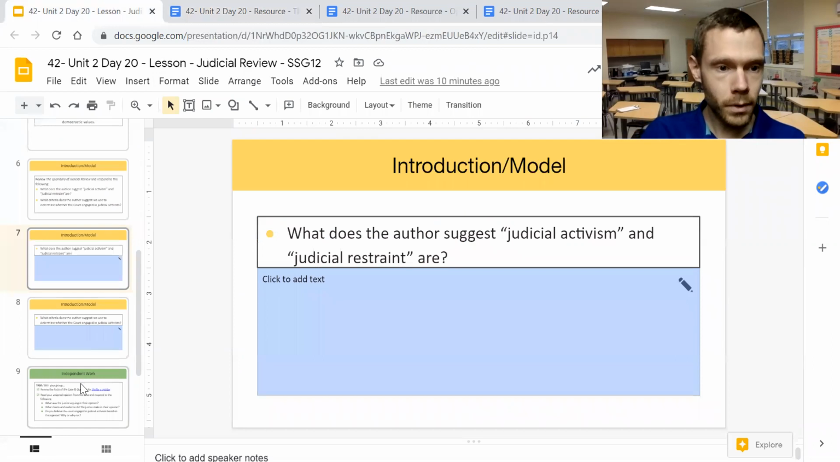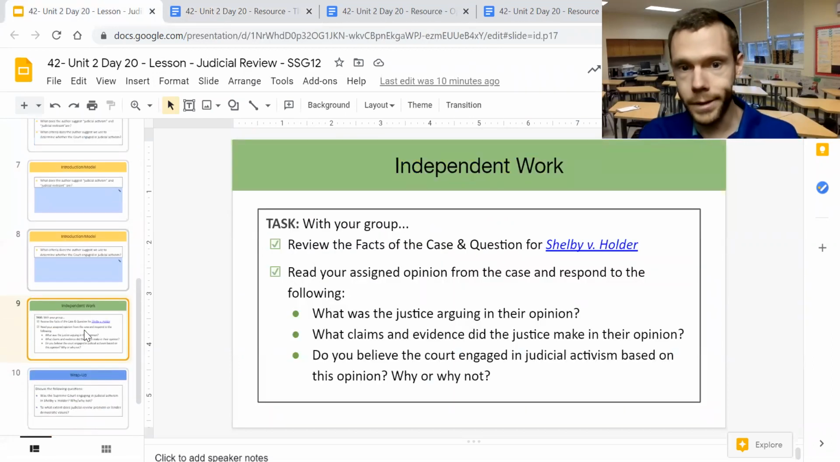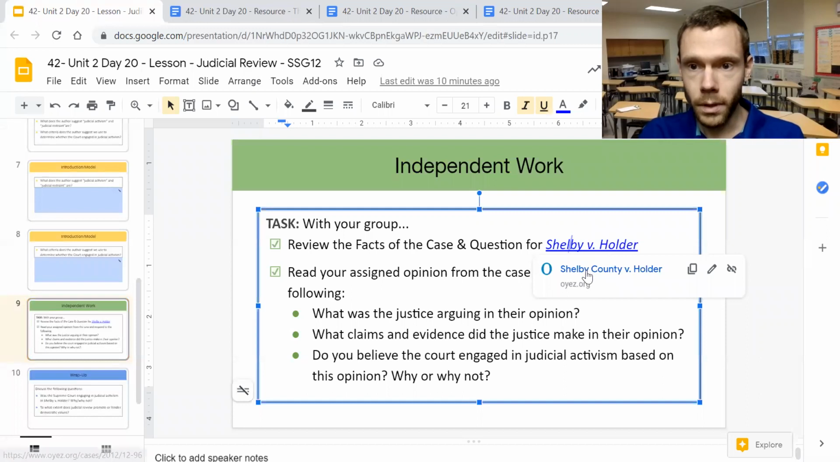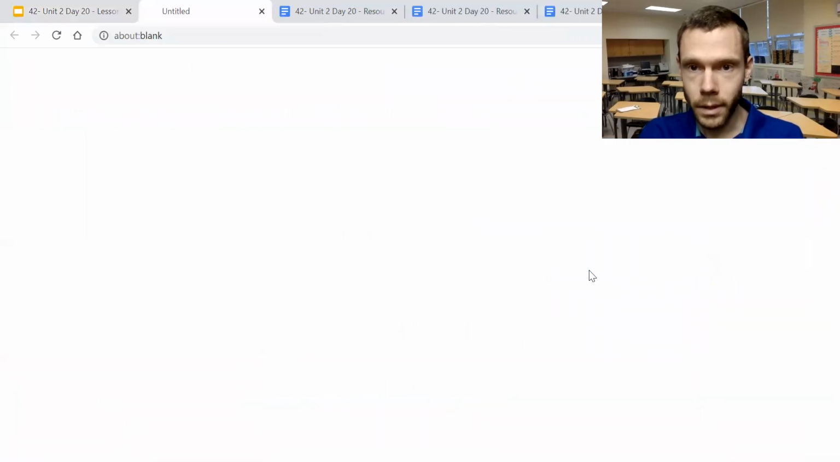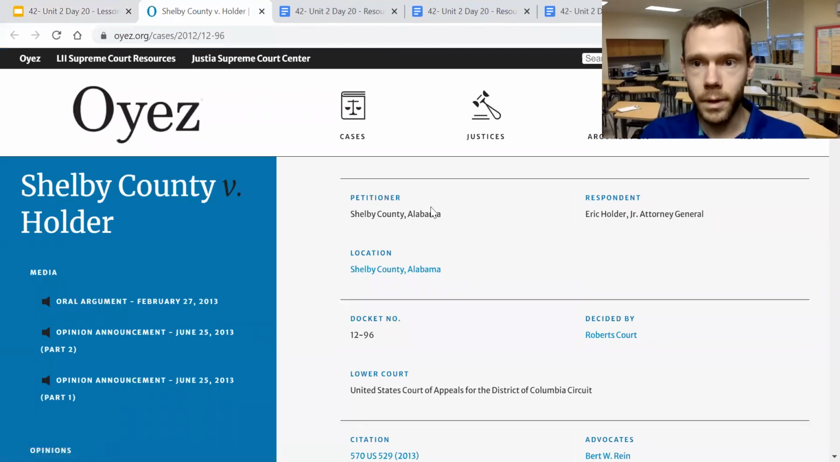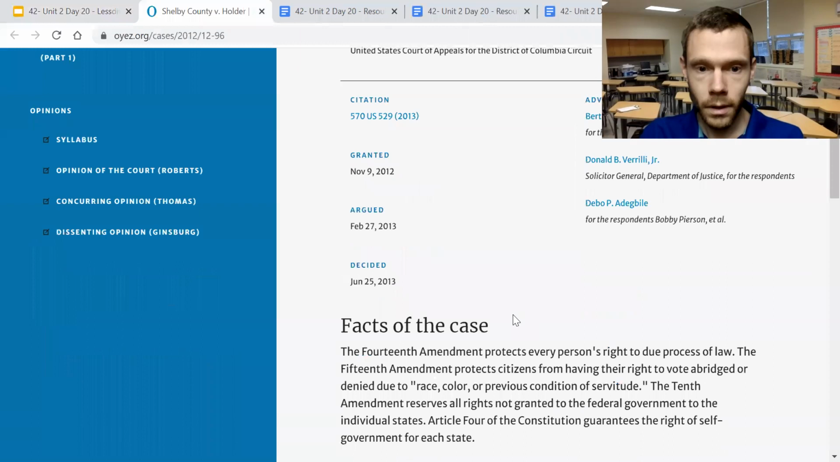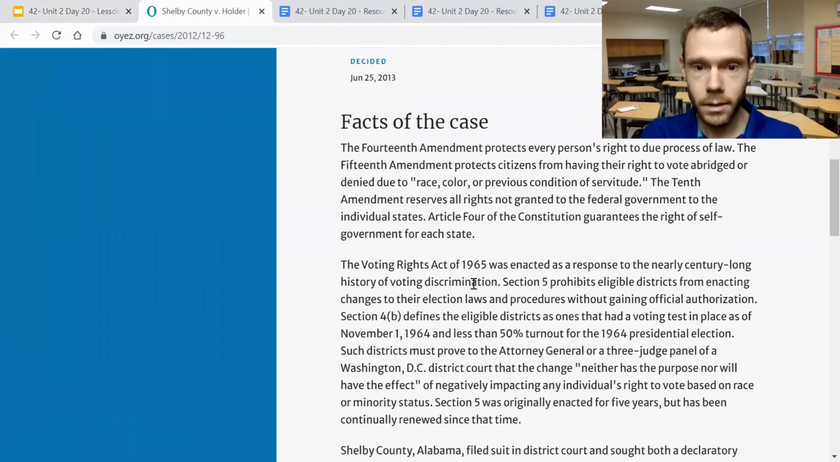So for the independent part of the lesson, what you either did in class today or what you're about to do in class tomorrow is look at the facts of the case in question for Shelby versus Holder. And the easy way to do it is to click on this hyperlink. That'll take us to oyez.org. And this gives us very basic information on the facts of the case,